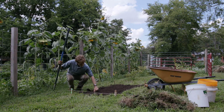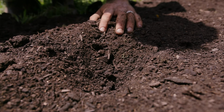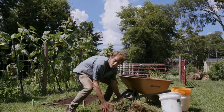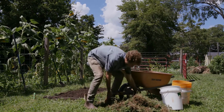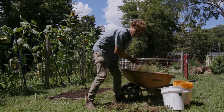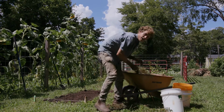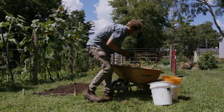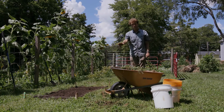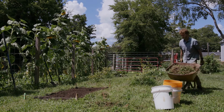I can see that there's about 2, maybe even 3 inches of compost all the way down here touching the soil. So now we're going to clear out this grass so we can build our path out correctly. Like I said, we'll throw this grass in our green waste because it can't really be composted well, in case the weed roots or rhizomes decide to resprout and we have a whole weedy mess on our hands. But now I want to clear this space out about 2 feet worth next to my garden bed to create a nice path. Move my wheelbarrow out of the way